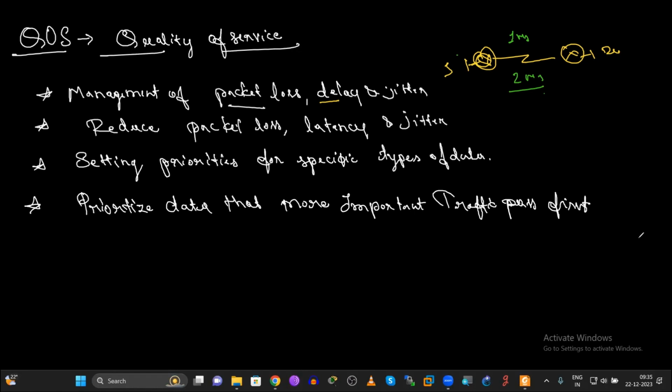And also what we have to do here to ensure quality of service is set priorities for specific types of data. For example, on the road, if there is an ambulance trying to cross, the public will make way for the ambulance first. Why? It's more important than normal traffic, right?